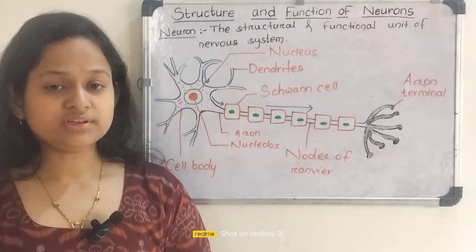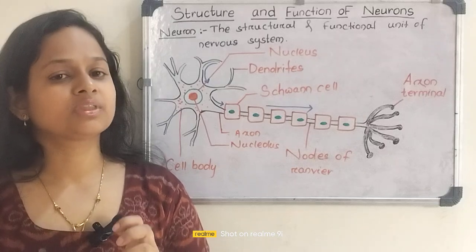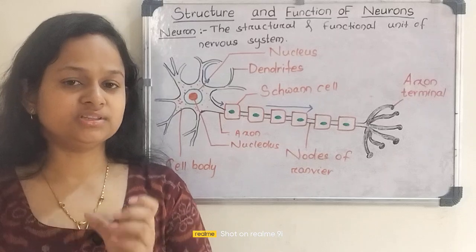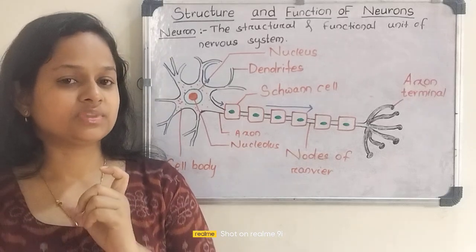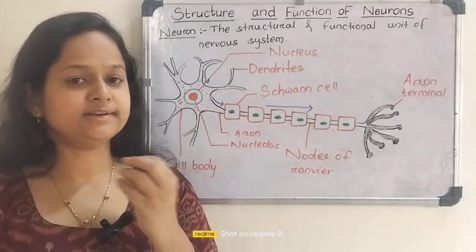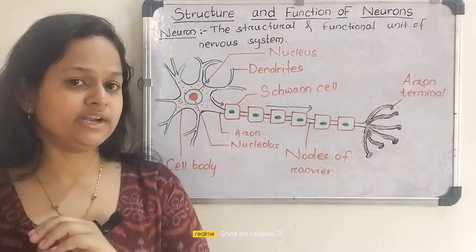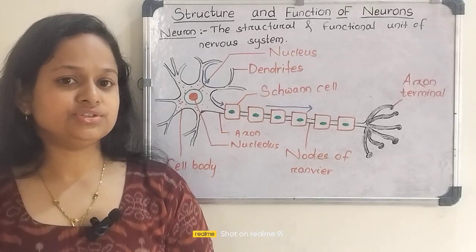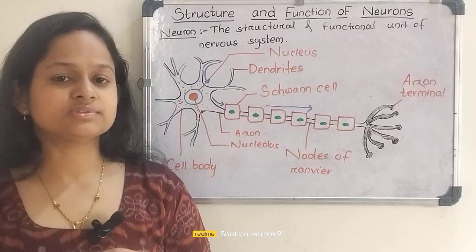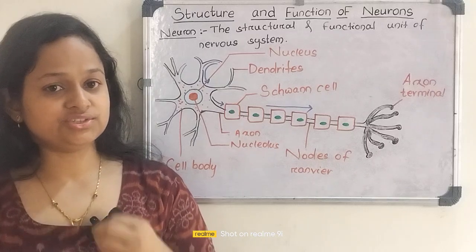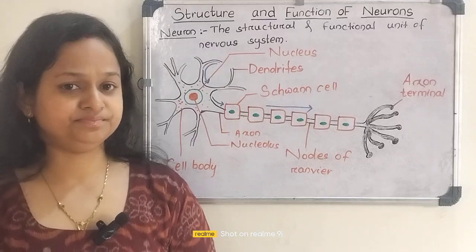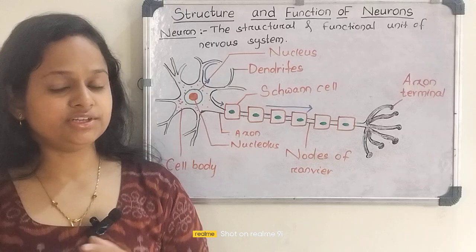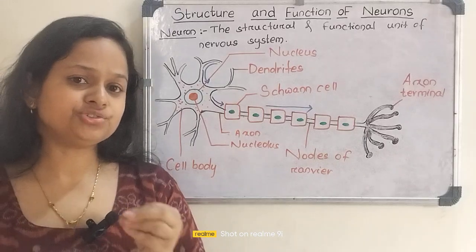The function of sensory neuron, it takes the impulse from the sense organs and sends it to the CNS. And the relay neuron, it transmits the impulse from the sensory neuron and sends it to the motor neuron. And the function of motor neuron, it gives back the information to the effector cells, which give action, which is the reaction to the stimuli. So the function of motor neuron, it takes away the information from the CNS to different